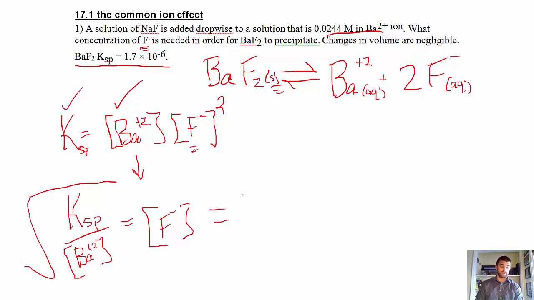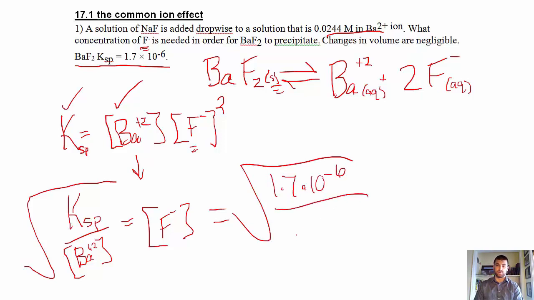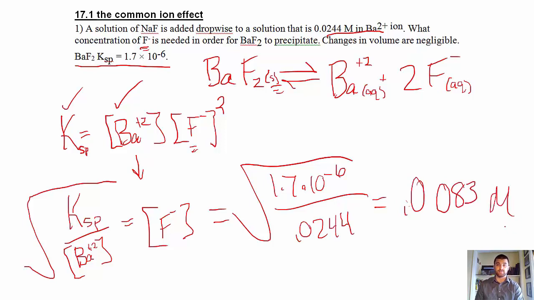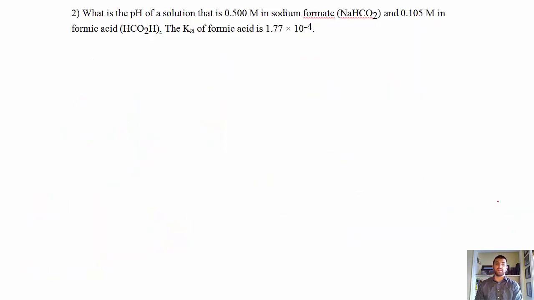So now it's just a plug and chug, right? So we do the square root of 1.7 times 10 to the minus 6 all over 0.0244, and we're going to get our answer of 0.0083 molar for the fluoride ion concentration. Not so bad. Next problem, what is the pH of a solution that is 0.5 molar in sodium formate and